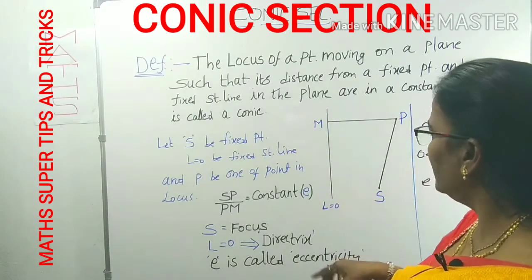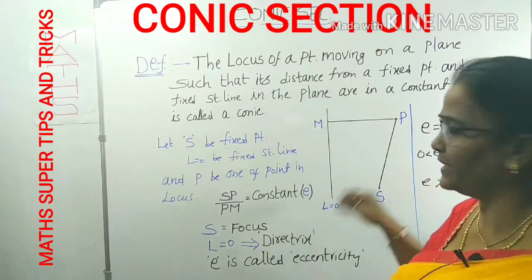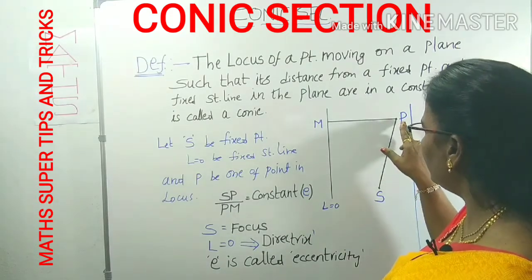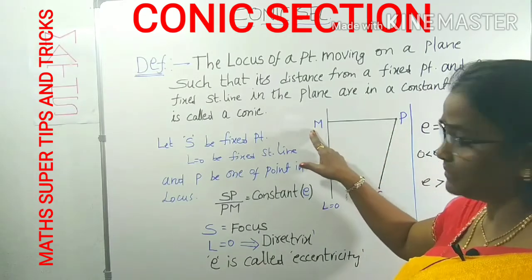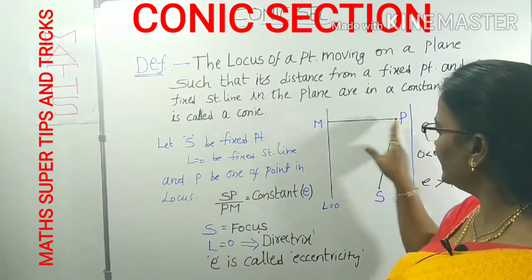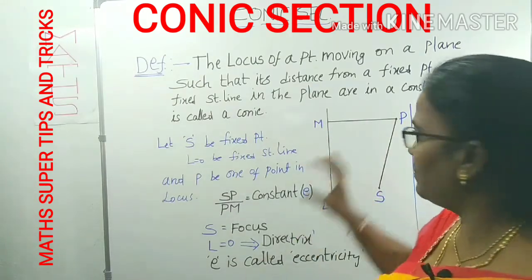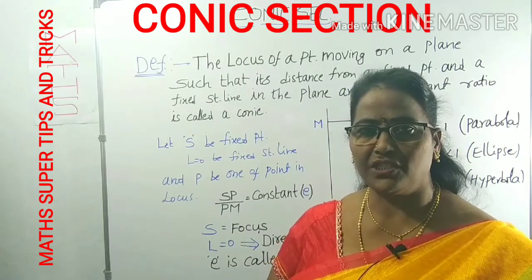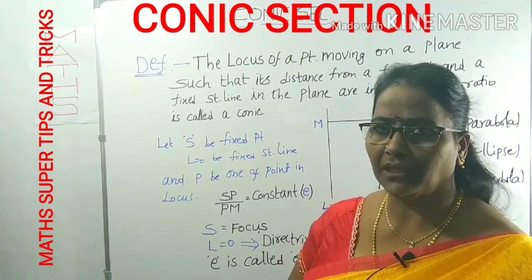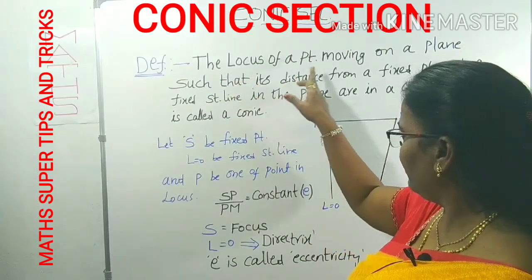On this plane, we can take P as any moving point in this plane, whose distance from the fixed point and whose distance from the fixed straight line, that is PM, are in a constant ratio. Such type of points form a conic section. What is a conic section? Simply you know that clearly. The locus of a point